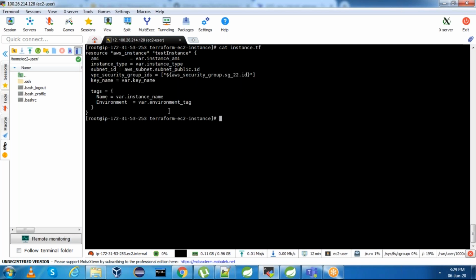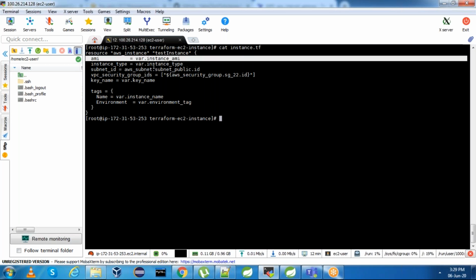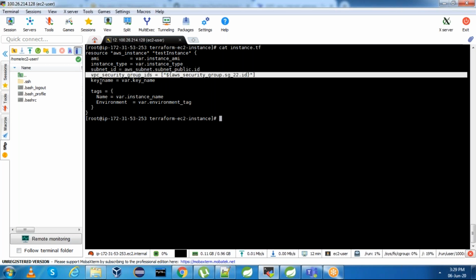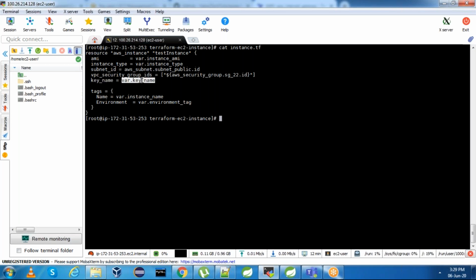This is our instance.tf file. Here if you see, we are using AMI. AMI we got from var.instance_ami. Instance type we got from var.instance_type. Subnet we got from the aws_subnet public ID. VPC we got from the security group. And key name we got from the variables. Tag name also we got from the variables. This is what I am referring to as interpolation.